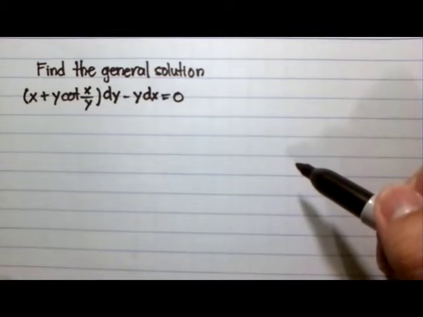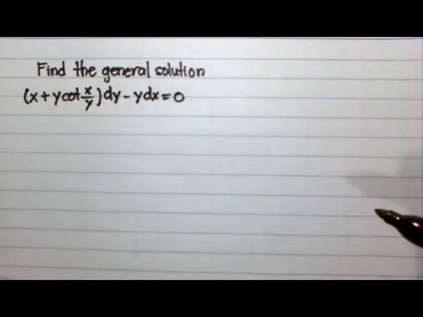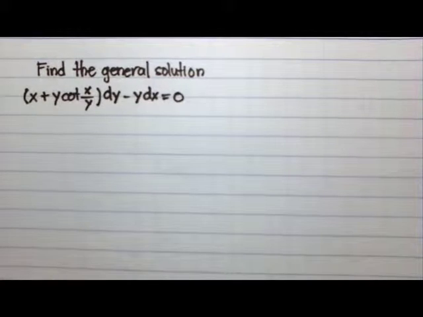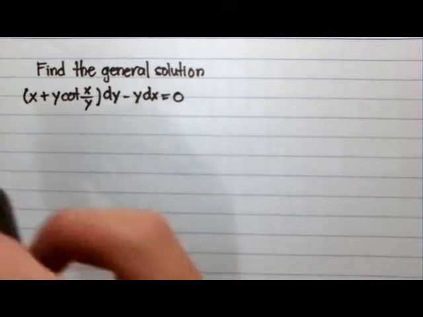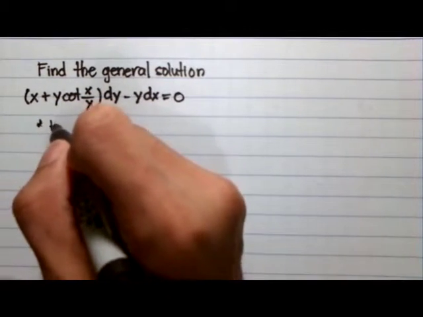Hello everyone. In this video, we'll try to solve some differential equation examples. In our first problem, we are asked to find the general solution. As you can see in our equation, it is non-separable, not exact, and we cannot transform it into a required form of linear differential equation. So we can say this may be a homogeneous differential equation.